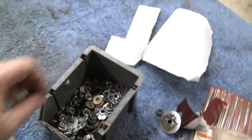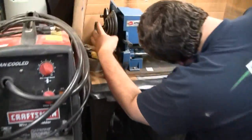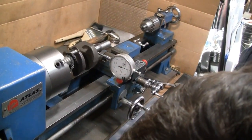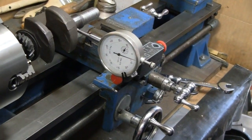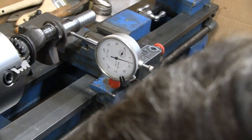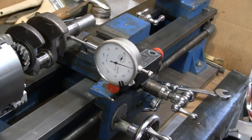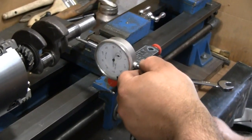All right, let's go see how our buddy Mike is doing. How you doing, Mike? Well, I got it about a thousandth out. Wow. And the bearing journal is around a thousandth too. Oh, okay, that's pretty good, right? I mean, you can see the needle deflecting a little bit, but each graduation is a thousandth. Yeah, and you're sticking way out there. That's pretty good. I don't think you can get much better than that, buddy. So if we, let's see how it...